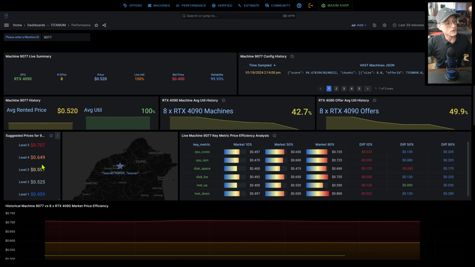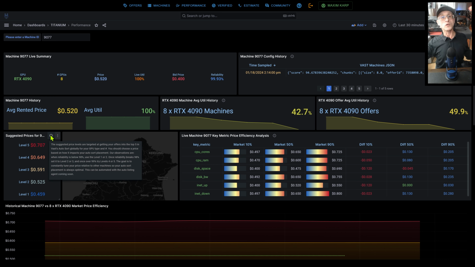And what you'll have here is 5 price levels for suggested prices. Why 5? Well, because our goal with the suggested prices is to get you as high as you can in the auto sort. We believe auto sort is the most important metric for you to be aiming for to get